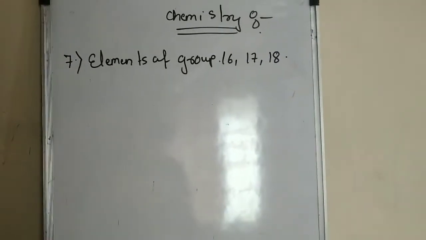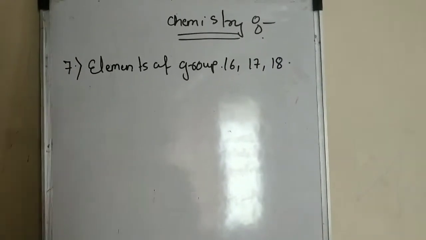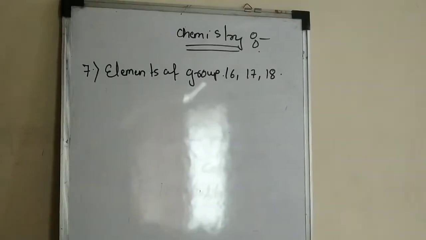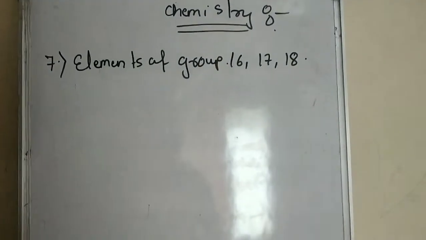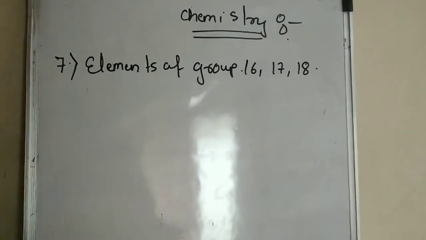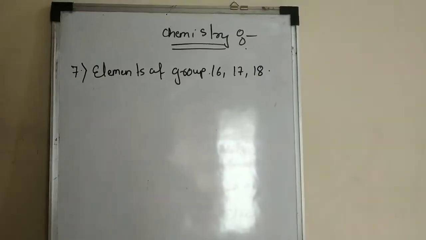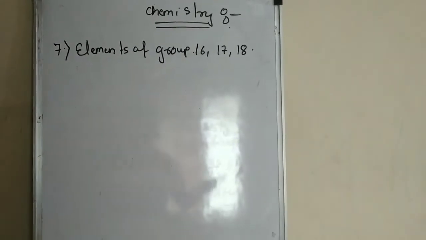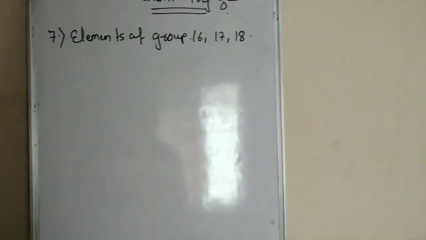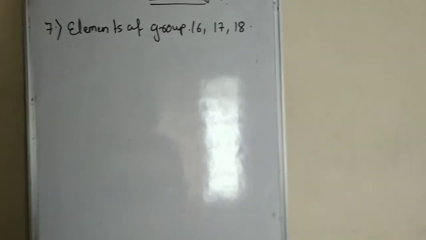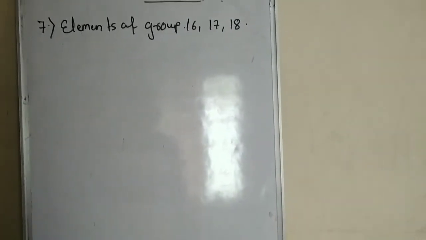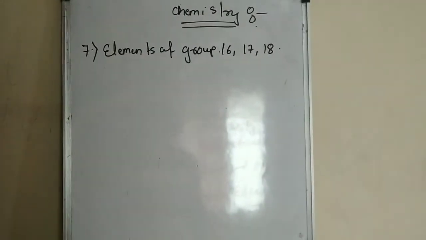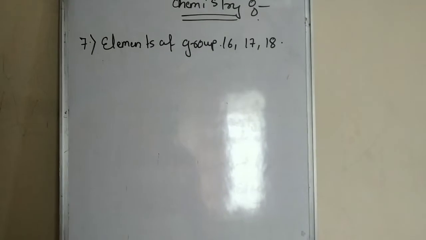Right, so we also had the introduction to the periodic table chapter. In the periodic table chapter, we had learned how many groups there are and how many periods there are. Total number of periods is 7. Total number of groups in the periodic table is 18. And our periodic table is divided into 4 blocks, right? It will be S, D, P and F. S block, all metals are there. D block, all transition metals. P block, non-metals. And F block, inner transition metals, right? So here we will be discussing this year regarding group 16, 17 and 18.